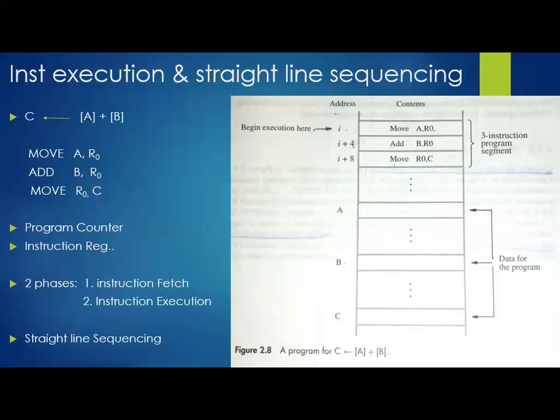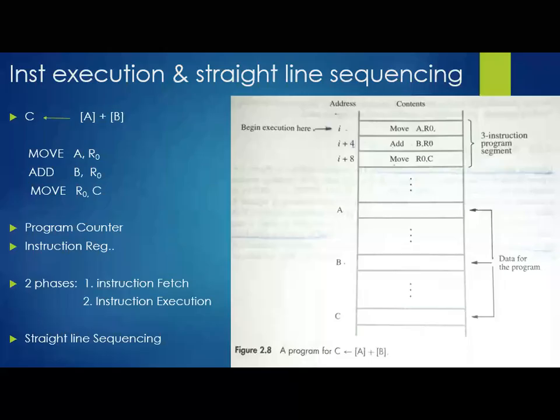Fine. Now we'll see the memory representation. Here we have a memory representation. Just observe. This is a 32-bit memory representation. We are beginning with a memory location called I. The second line will be stored with what? I plus 4. Because how many bytes will we have? Total 1, 2, 3, 4 bytes.